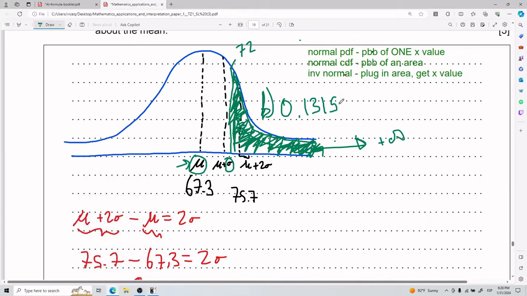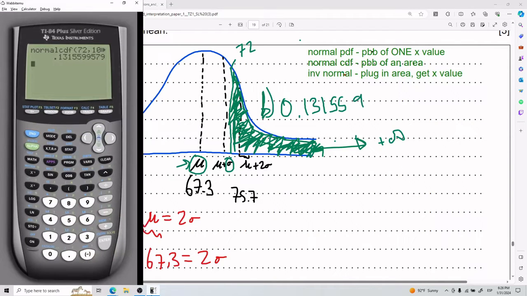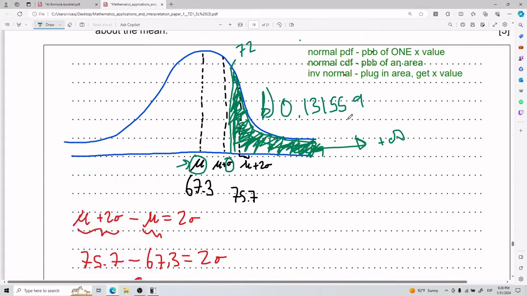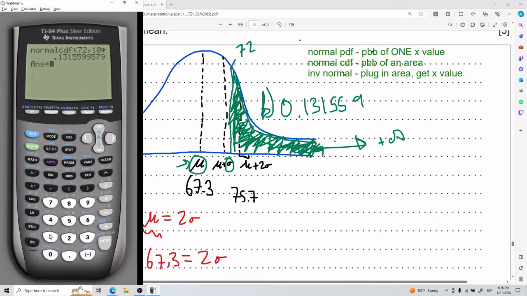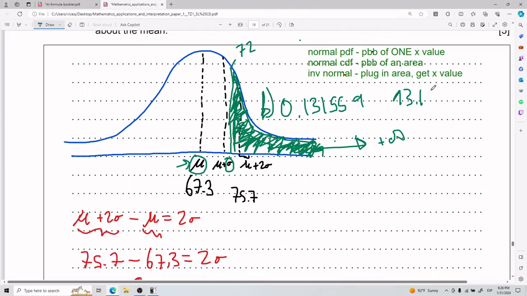Whatever, you can write the whole thing. So 1559, okay? Now, if you want to express it as a percent, you go ahead and multiply it by 100 and add a percent symbol. So it's going to be 13.15 blah blah blah 9%. And if you'd rather stick to significant figures, if you're that kind of guy or girl